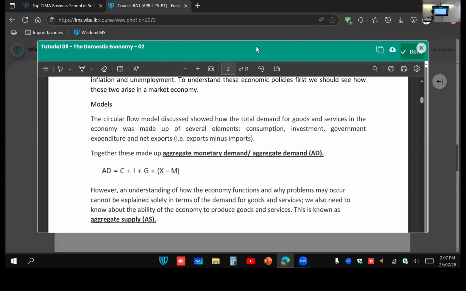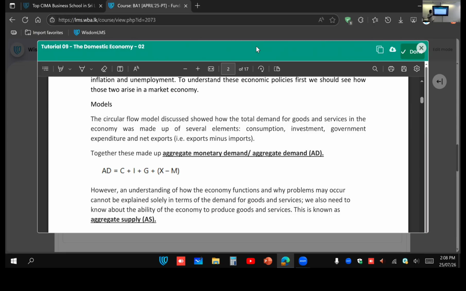What was a market economy? How many types of economies do we have? One is free market economy. The other ones are command economy and mixed. What was command economy? Where the government intervention is so high, just like in North Korea, right? Free market means the interaction between demand and supply decides the market factors. So in a free market,